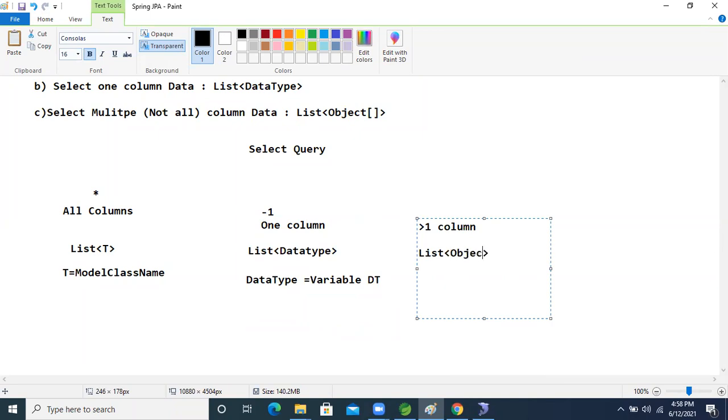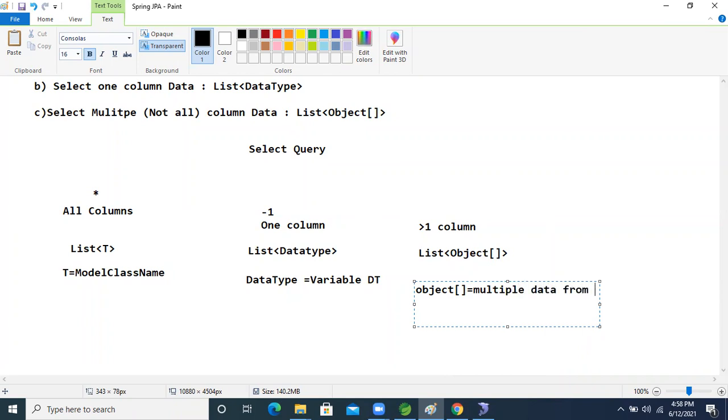Object array, right? Why am I taking an object array now, guys? Because we are taking multiple columns. Object array equals multiple data from one row.